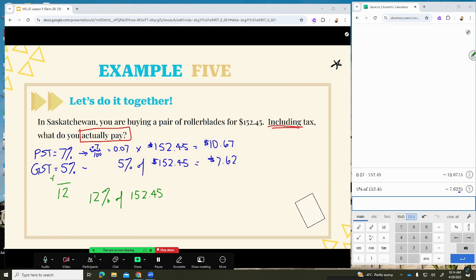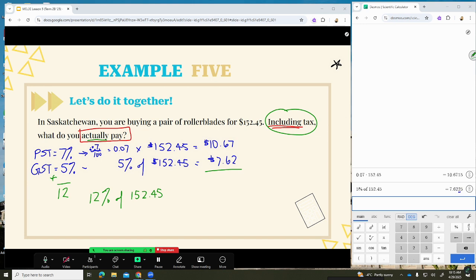showing all of our steps, all of our thinking, so that if something's wrong, if it's a calculation error, you can see a few times I've typed on Desmos and it hasn't caught my decimal, or it's picked the wrong number, I hit 4 instead of 1. That way I'll know you had it right, it was just a simple slip of the calculator. We want to add it all up because it's asking for the total, the actual amount that we're paying, including the taxes. If it wanted us to break down PST and GST and then the total, you want to show each one. It just wants to know overall what we pay, so you are okay to just do 12% of.